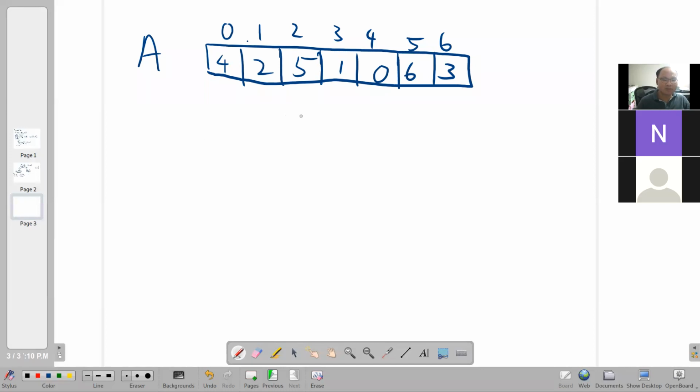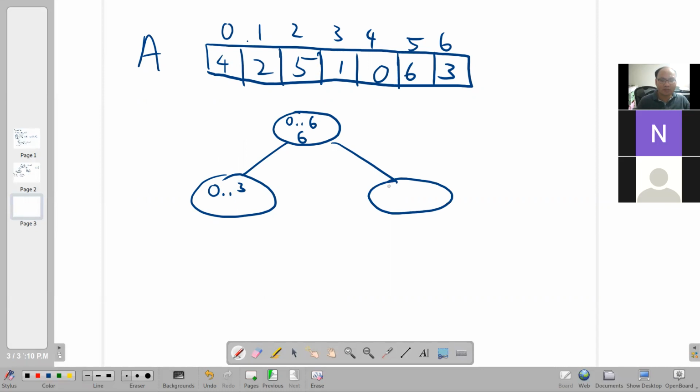So your segment tree, when you build it, the first node will be from 0 to 6, and it will know the maximum of the whole range, which is 6. Then you split it into left half and right half, and because it's odd numbers, you have to decide whether the left one is bigger or the right one is bigger. It doesn't really matter, you just have to choose one. And then you also have to store the maximum of that range. So 5 is the maximum from 0 to 3, 6 is the maximum of 4 to 6,